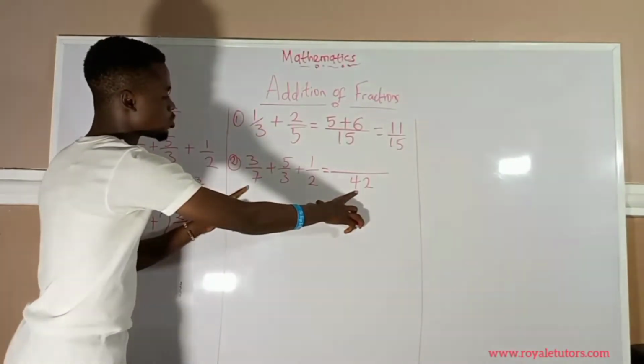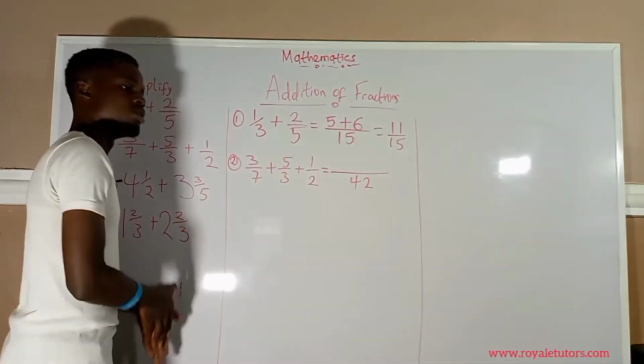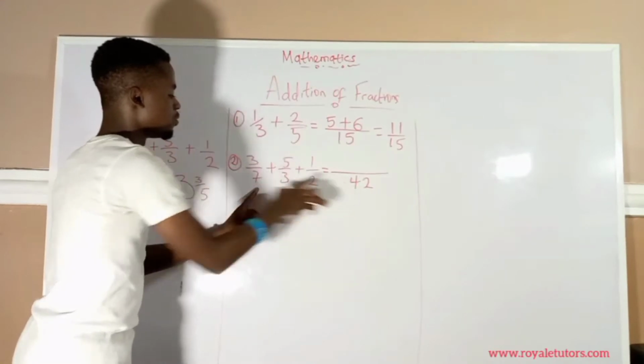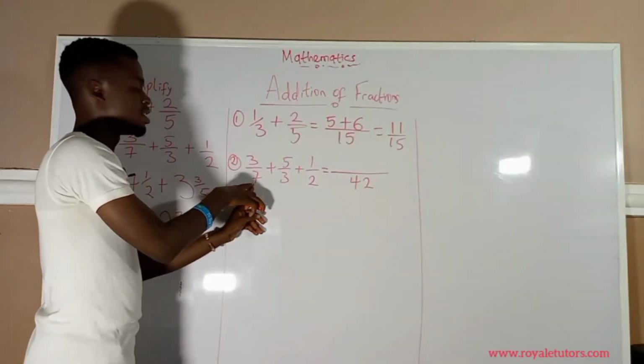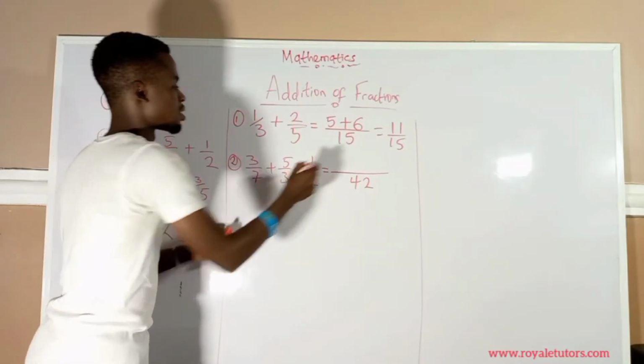So you have 42 divided by 7, which is the denominator here. What we are doing is we are dividing by the denominator. The answer we get, we multiply by the numerator. So you have 42 divided by 7, that is 6. So you have 6 multiplied by 3. 6 multiplied by 3 is going to give us 18